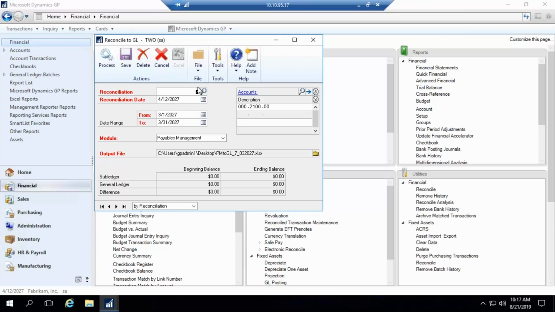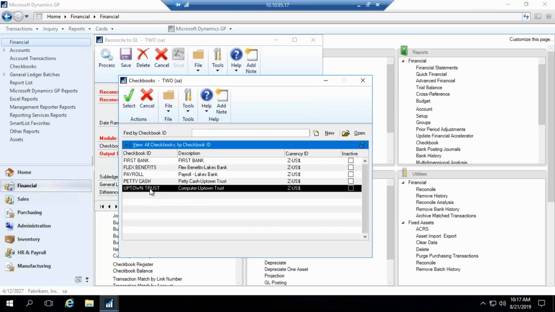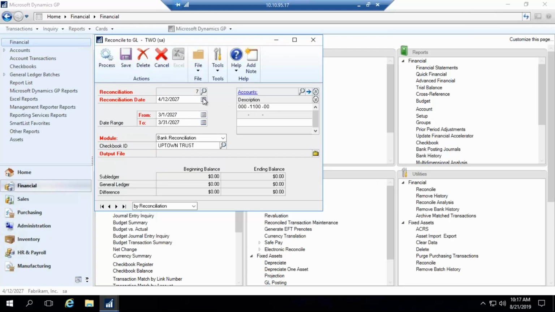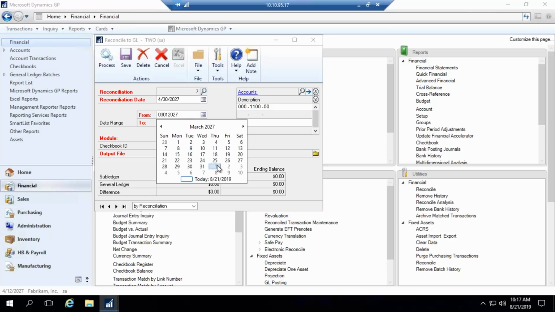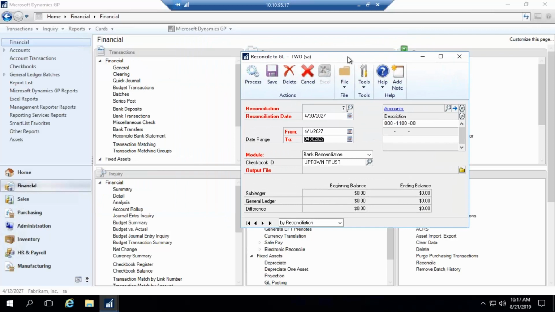So let's look at the bank one now. This one you run by picking the actual checkbook. So I'm going to pick my Uptown Trust. Again, I'm going to run this for April. For this bank, there's not like a historical trial balance report that you can run, but what I typically recommend is every